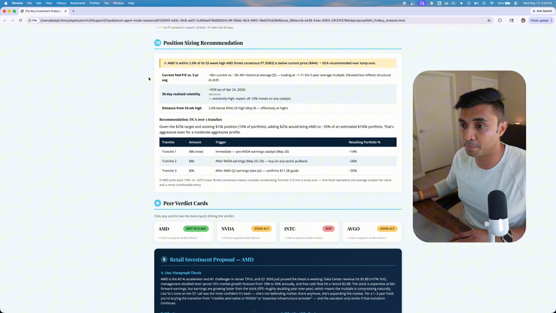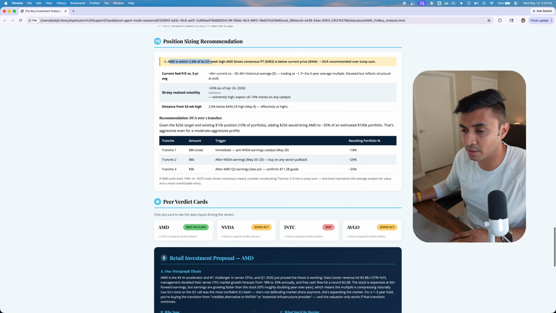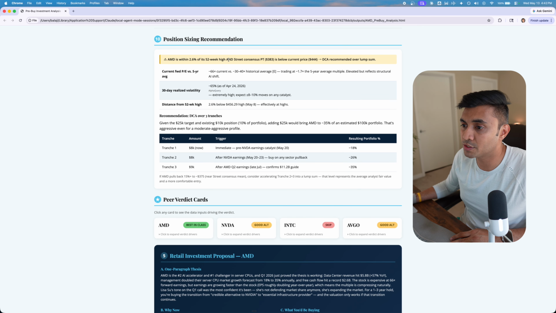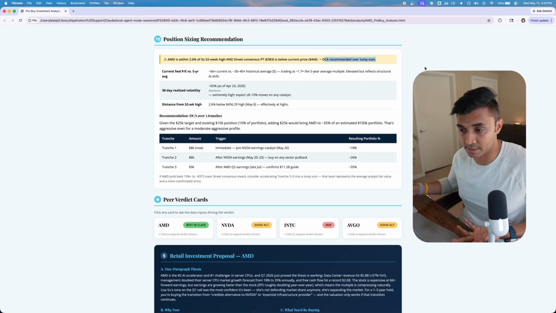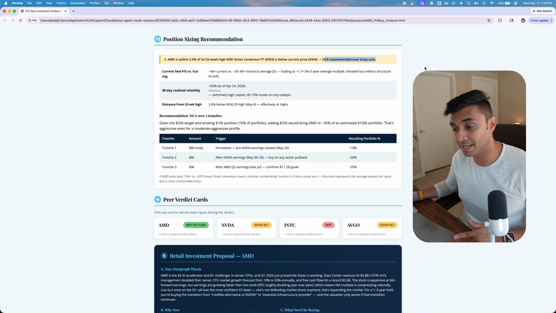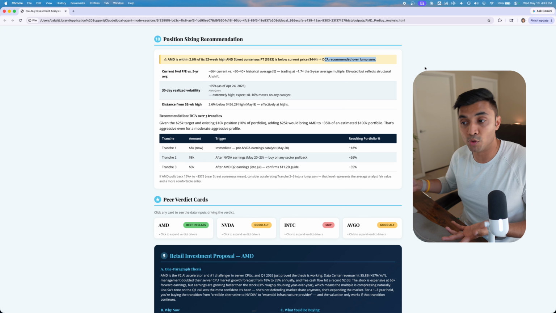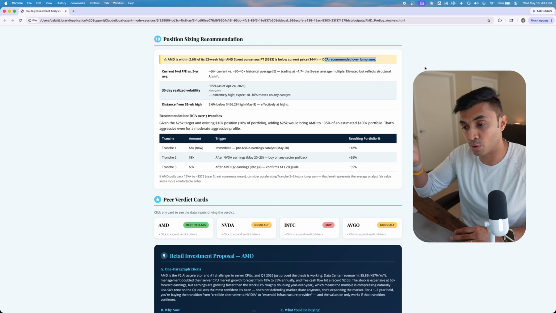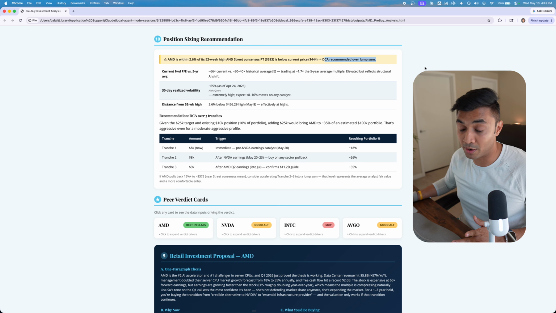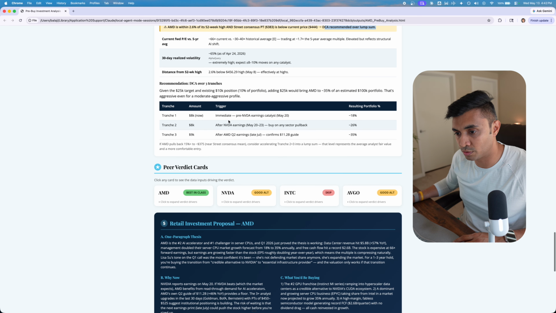So the last pieces are position sizing recommendations. What it's saying is AMD is within 2.5% of its 52-week high, and the street consensus is below its current price. So dollar cost averaging is recommended over lump sum. Okay, I like this. This is actually a helpful insight. Whether that proves to be true or not in the future, nobody knows. AI doesn't know, I don't know, you don't know. AMD CEO, I don't know what they know, but it's still pretty helpful information. So it's basically telling us do 3 tranches, 8K, 8K, and 9K, and it's telling us when to potentially do